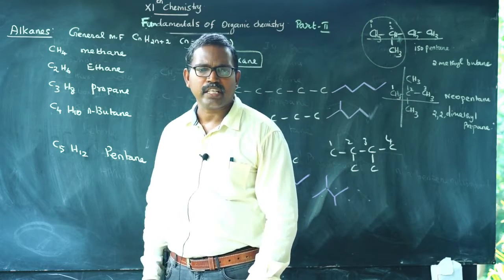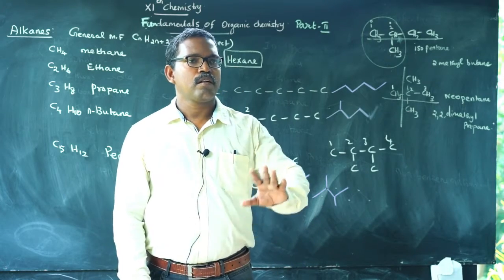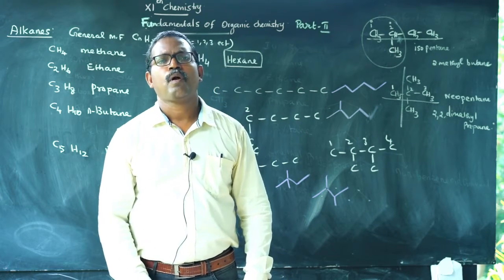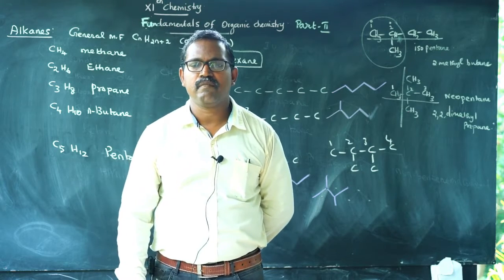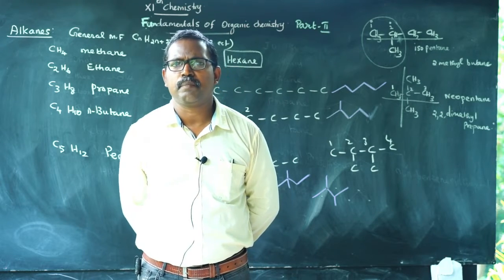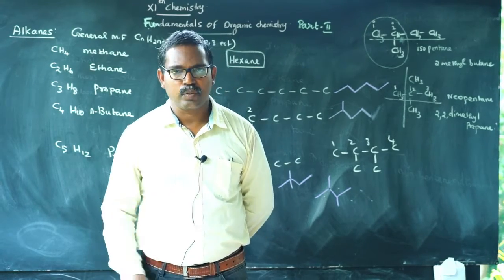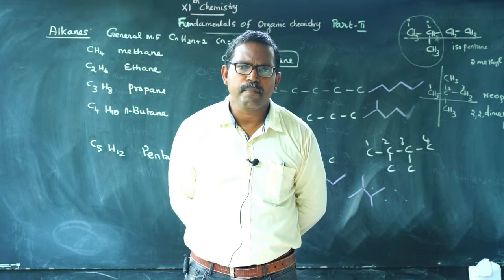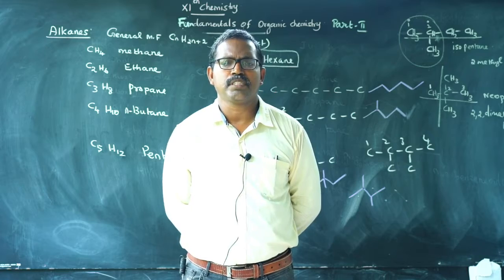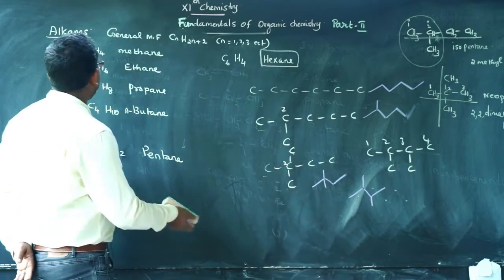You may practice carbon number 7, 8, 9, etc. So, this is the IUPAC system of nomenclature of alkanes. From alkanes, when one hydrogen atom is replaced, we get the group called an alkyl group. This is an important and fundamental aspect of many organic compounds. You must know what alkyl groups are: from an alkane, when one hydrogen atom is removed, we get the group called an alkyl group.